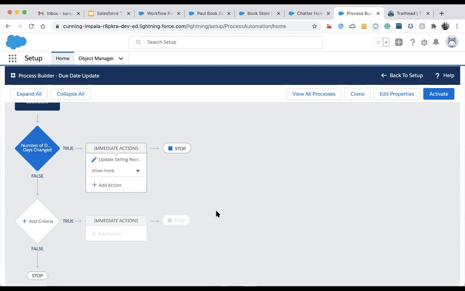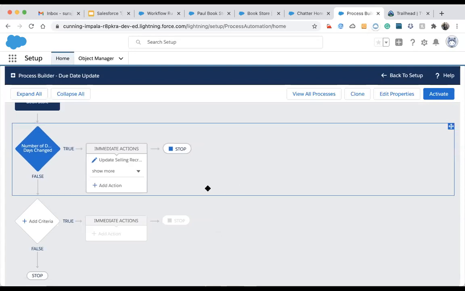Okay, then we will take a break. Thereafter, we will come back and see what other things the process builder can do. But always remember the difference between the process builder and a workflow. You always have to remember why we are choosing the process builder and why we are not choosing the workflow. That's the important thing. After we come back from the break, we will discuss what other capabilities we can achieve in the process builder.